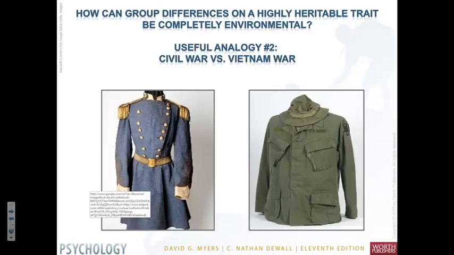If you were to go to a Civil War museum and look at uniforms, you would notice variation in sizes. Most men then varied between about 5'2" and 5'6", with an average of 5'4", 5 feet 4 inches. There's variation. Then, just as now, tall fathers typically had tall sons. Shorter fathers typically had shorter sons. There was variation, and that within group variation was due to heritability, was due to genetic variation.